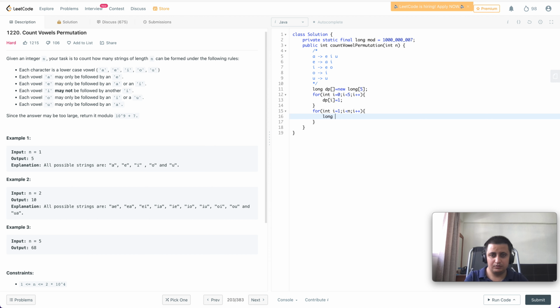So next will be equal to new long 5. Now next of 0 will be,